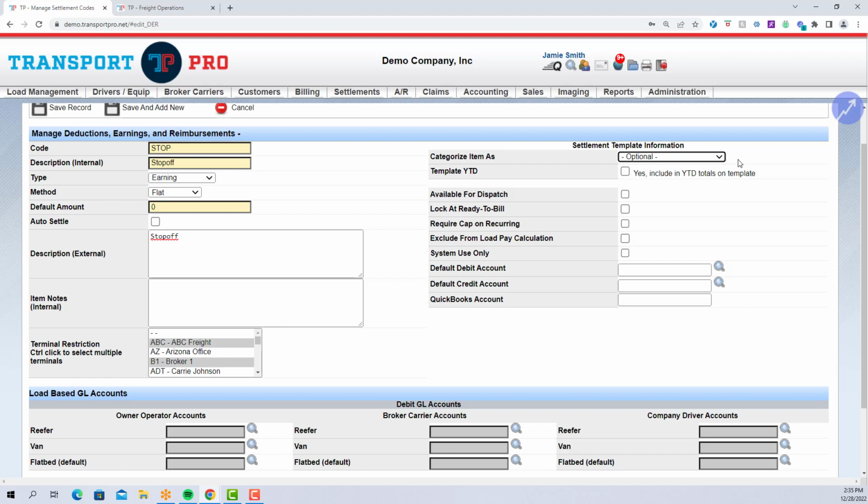However, you may wish to place certain settlement codes into specific categories here. In short, think about how you want this item categorized on the settlement sheets and then make your selection here. If you don't see something you're looking for or you'd like to add an option here, please reach out to our technical team and they can add options. You'll want to contact them by emailing